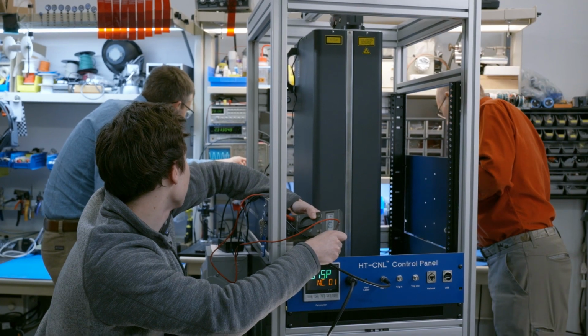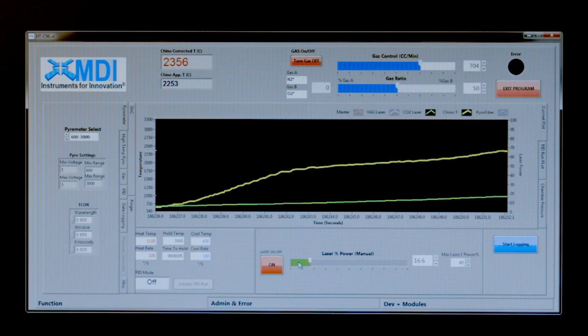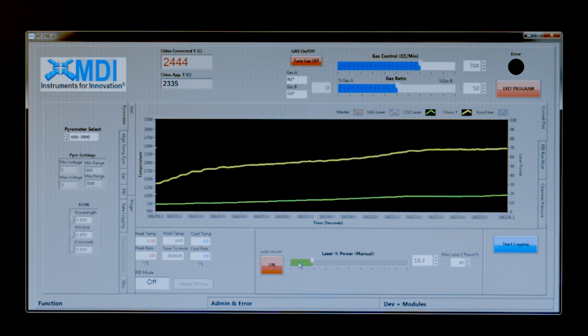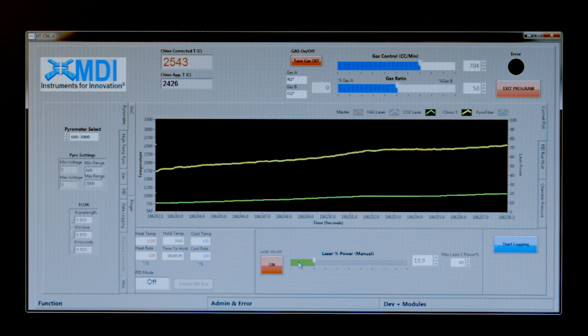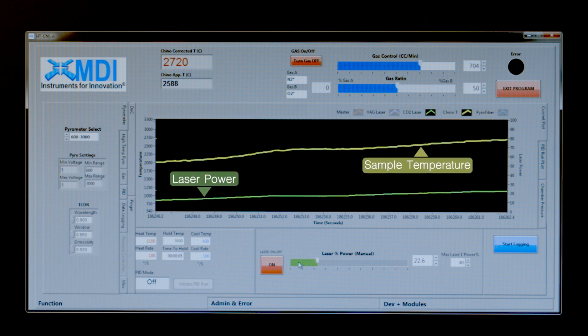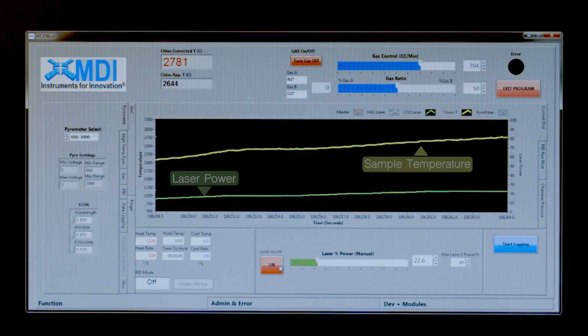The thing that makes MDI's HTCNL attractive is it's well integrated. It's designed to be turnkey, so the user can use it for research and not be too concerned about the operations. A user who wants to process a sample can very quickly access settings for the gas flow, the laser power, heating rates, and also record temperature data